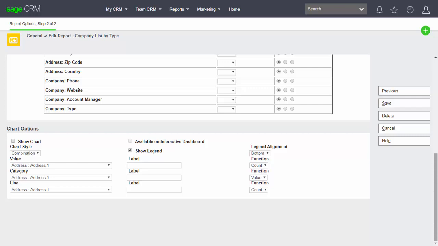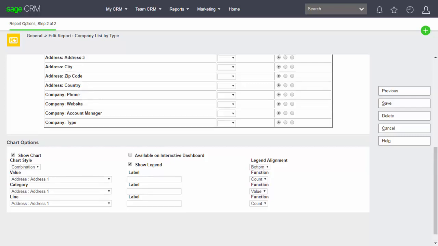So what I want to do here is to say I want to show the chart, and my particular chart that I want to be able to represent is the number of companies of a particular type. So I've got the option of a wide range of different chart styles that I can use. Simple line charts, vertical bars, horizontal bars. I can choose donut, pyramid and funnel types, but I'm going to use the classic pie